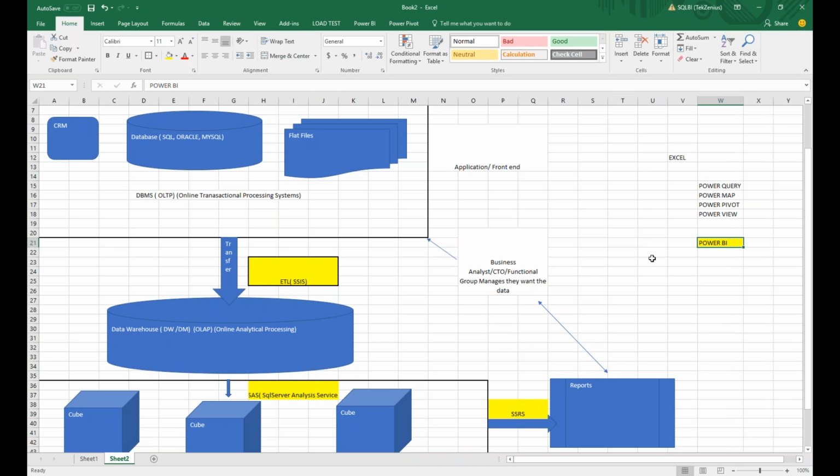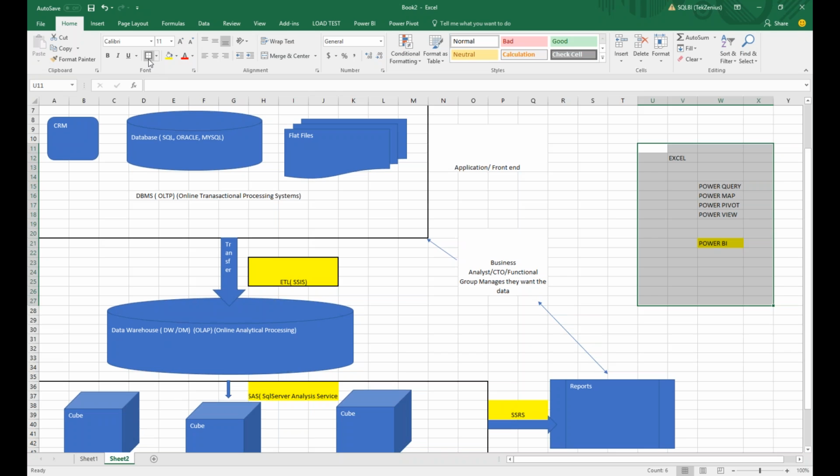So we are going to be talking about Power BI also. Which means we are going to cover Excel, Power Query, Power Map, Power Pivot, Power View, and Power BI. So these self-service BI components, along with the enterprise BI components like SSIS, SSAS, and SSRS, total BI we are going to cover in our new course, starting from next week. That is called the MSBI. If you go to our site, TekZenius,